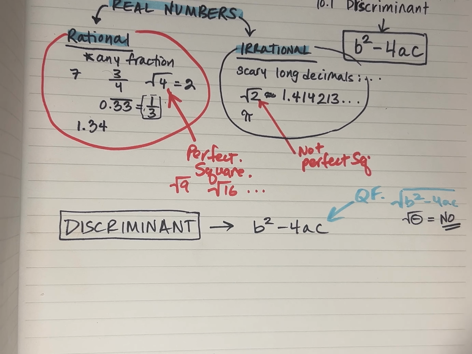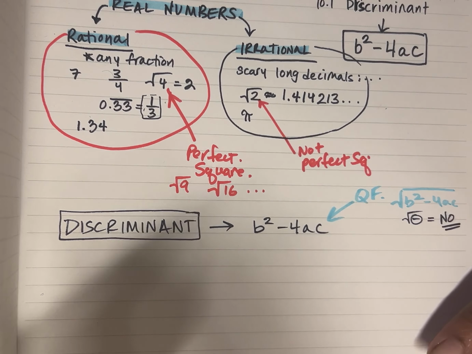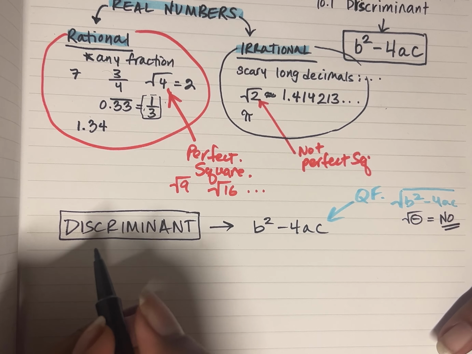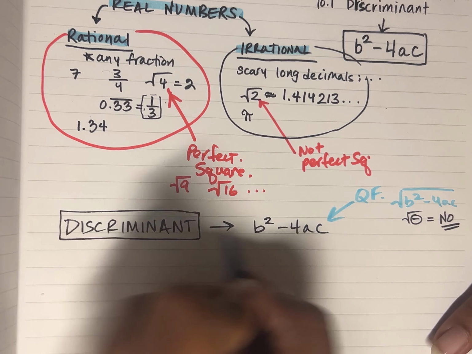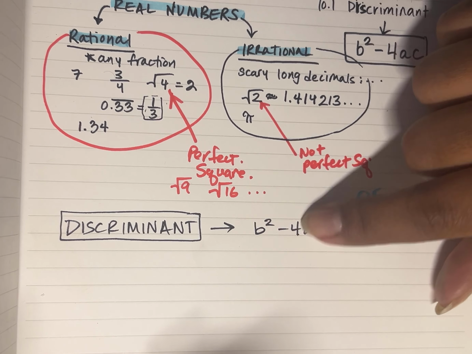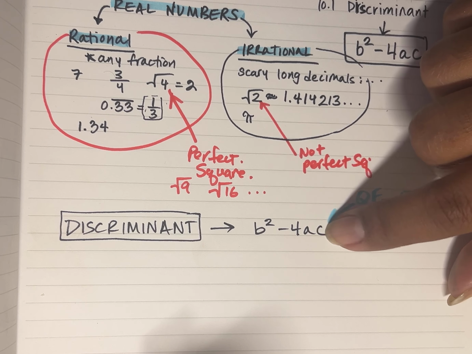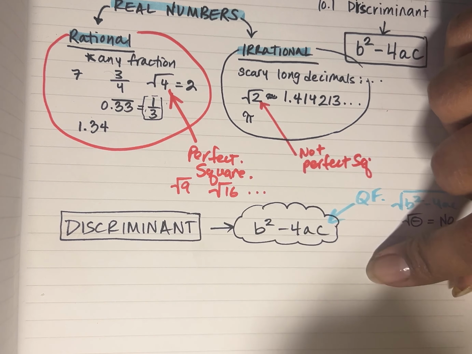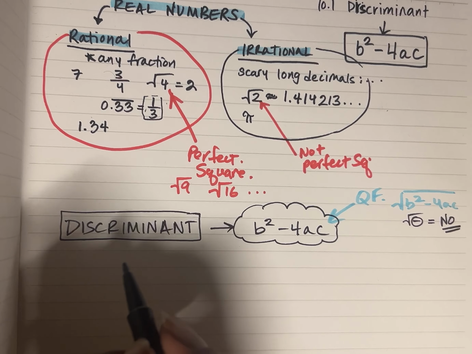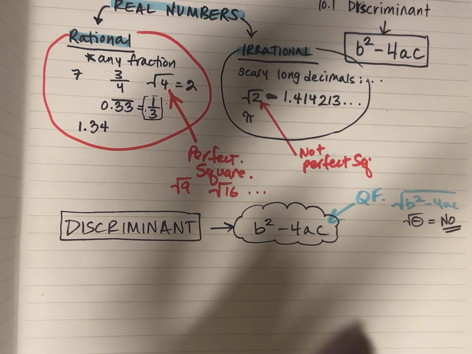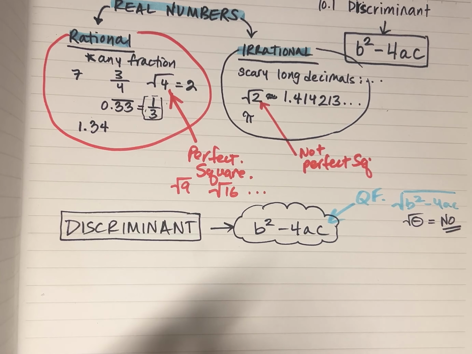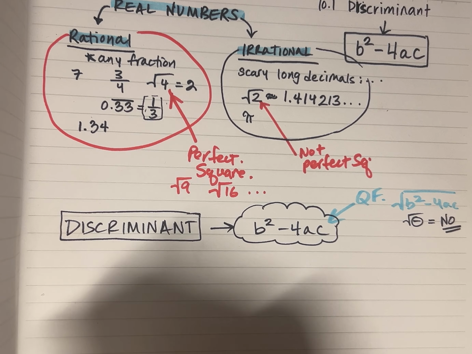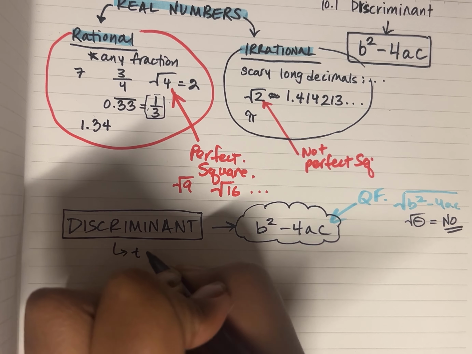We're going to talk about the 3 or 4 types of answers we can get. So first of all, if I plug in my numbers from my quadratic formula into this b squared minus 4ac, again, no square root on it, I'm getting the discriminant, and that will, again, just tell us what's going on. So the discriminant tells us